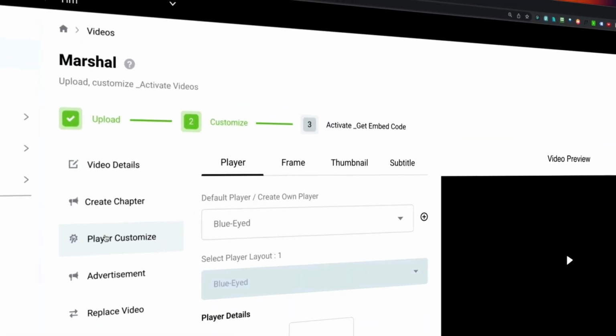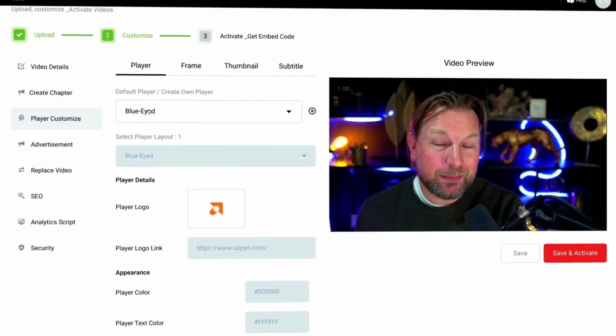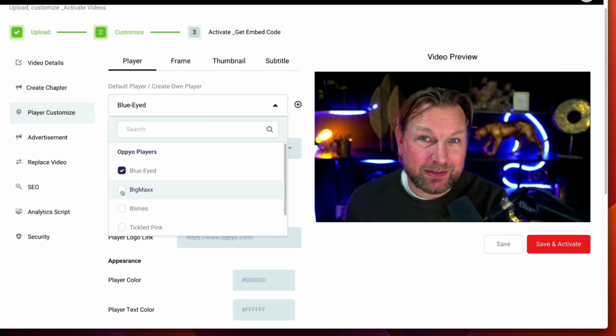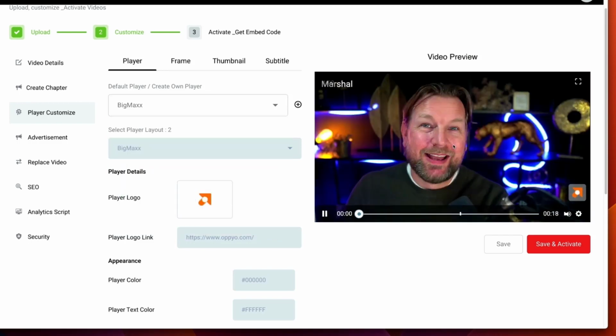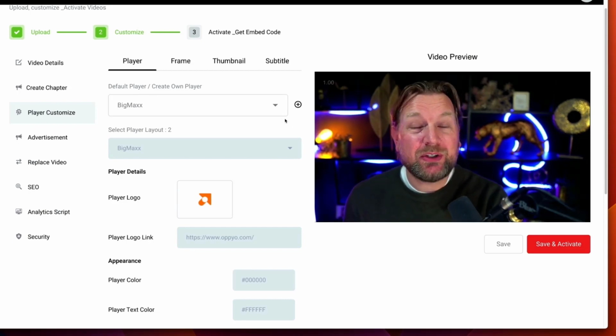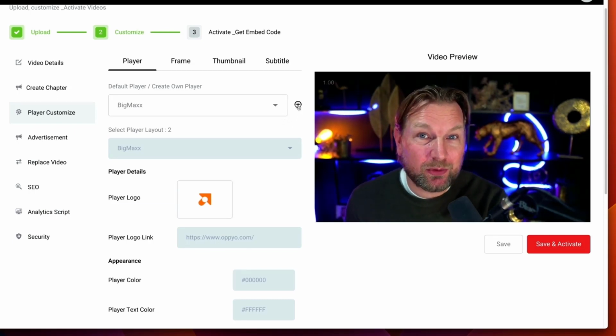In this tab, we're going to customize our player. So for example, we've selected blue-eyed, but when you click on this button here, you can also choose for Big Max, for example, and then the player will look different. Now, if you'd like to create your own player, that's also possible. Simply click on the plus here,